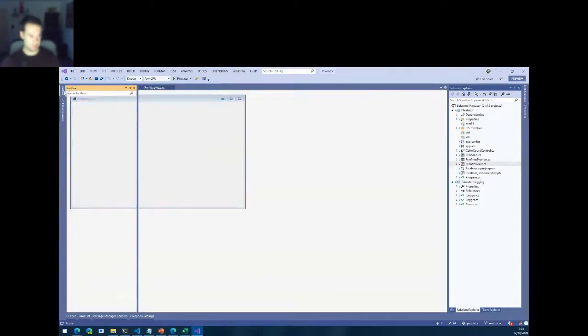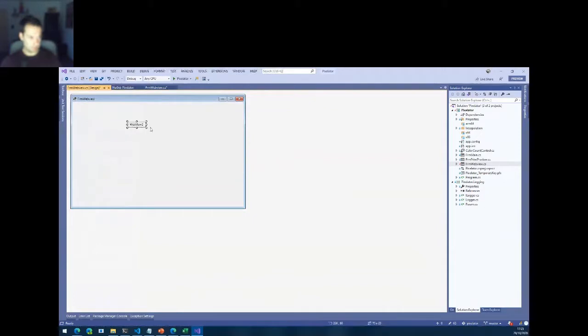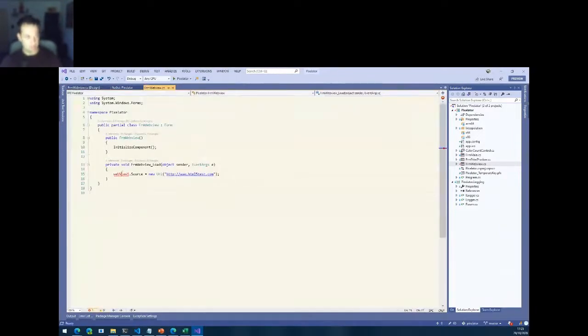There we go. This is our empty form again. So we can now drop in the Webview 2. Make it a bit bigger. Go back to the code behind, set the Webview 2 source. And we're good to go again on the Webview part.